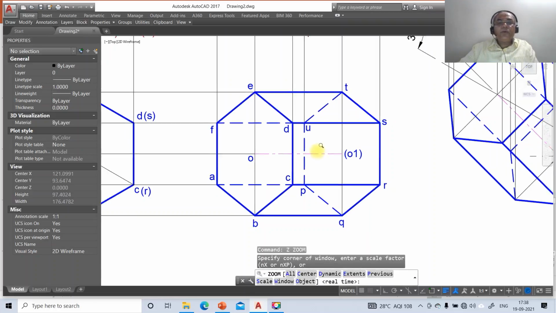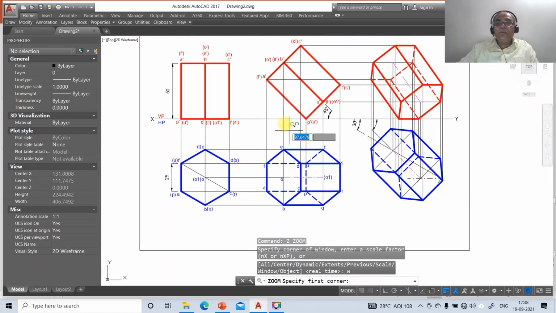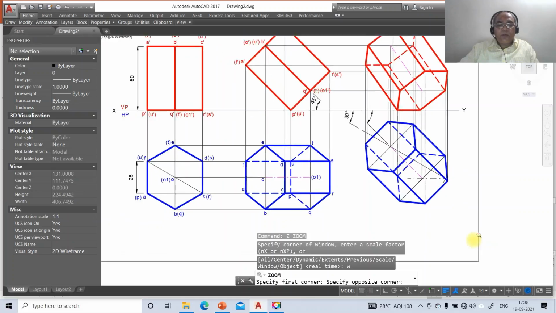Now we have this. Once you do that, now we come down to the third position top view naming.